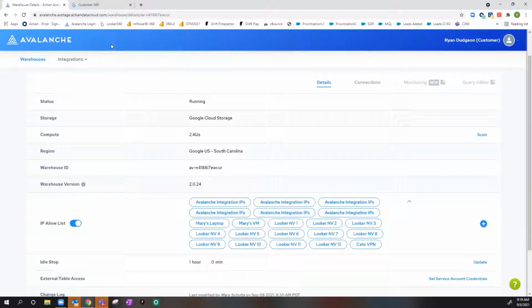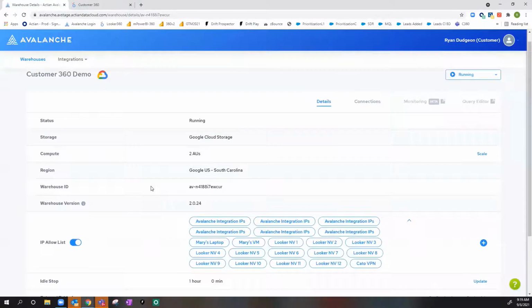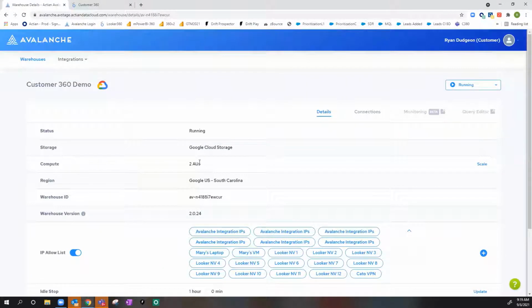This is where the teams will come to set up the size of the warehouse. So this compute engine is 2 Avalanche units, which is a good use case for a small work group. This can go as high as a user may need if they're doing real-time advanced data analytics across more data. This number could go as high as 8, 16, 32, 64. It depends on the use case, but 2 AUs is what I'll be powering today, the entire demonstration of marketing